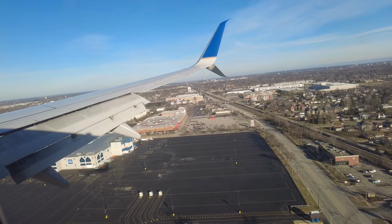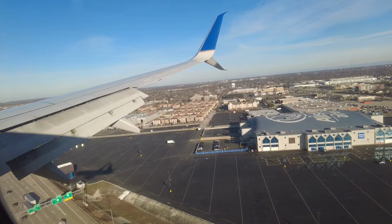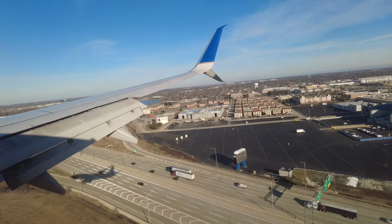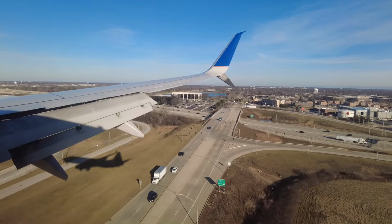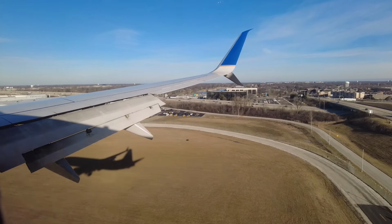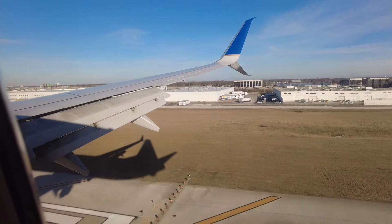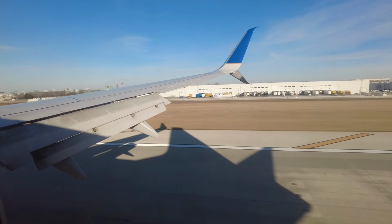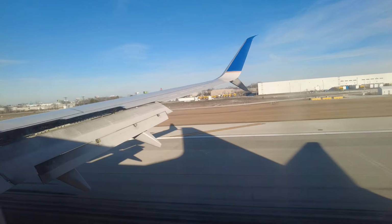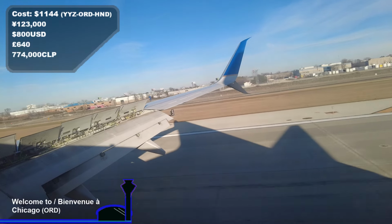I would like to try United on a longer flight where the Bistro menu is in full swing and to get the full United experience. But that's going to have to wait another day. That front business class is also on my list. This was a one-way ticket from Toronto to Tokyo via Chicago, and the price came out to